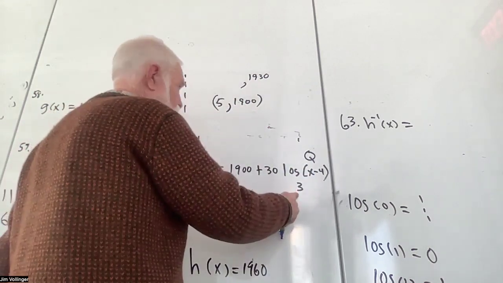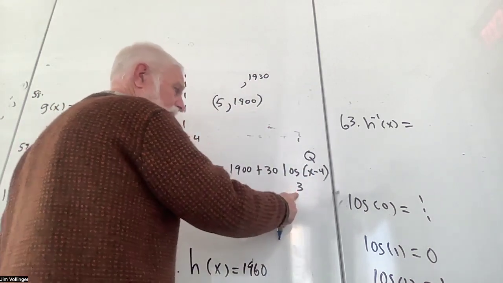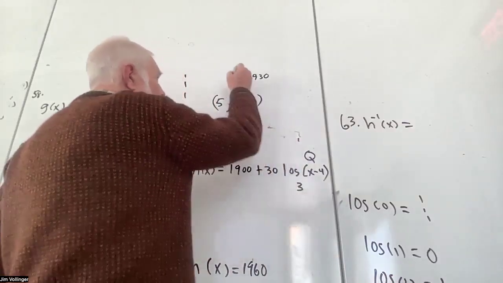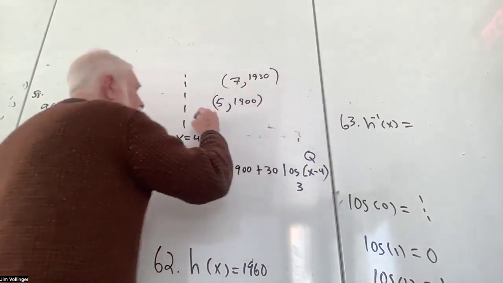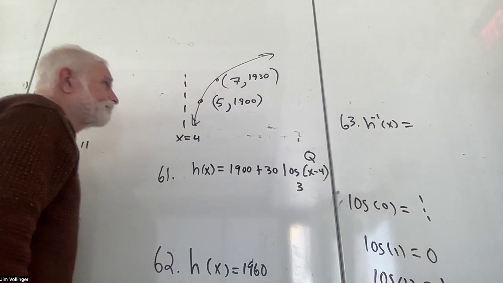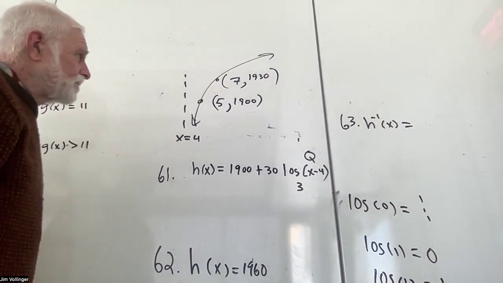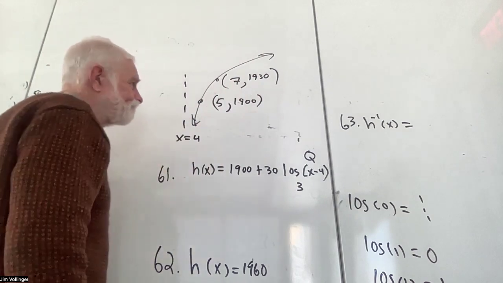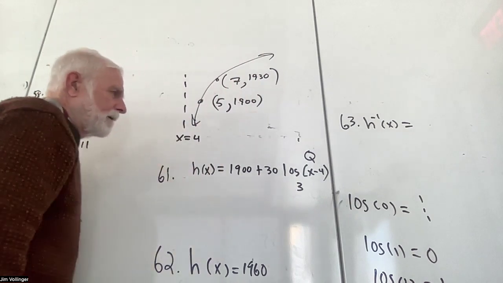And if I want a base 3, then it would be nice to get log base b of b. Well, I got the base. I think I want that to be a 3. That's 7. And I've got my logarithm. So this is changing by 30 units. And if I change by 3,